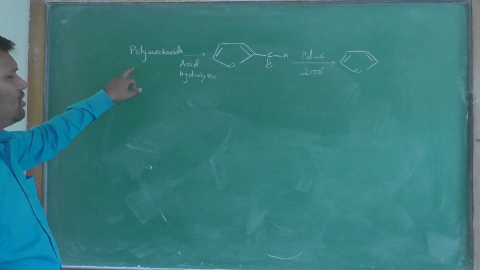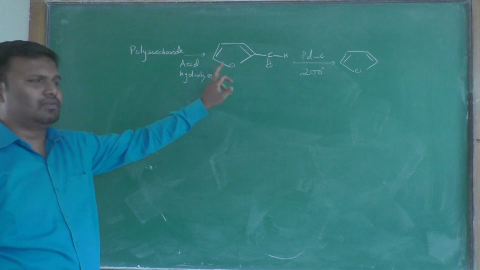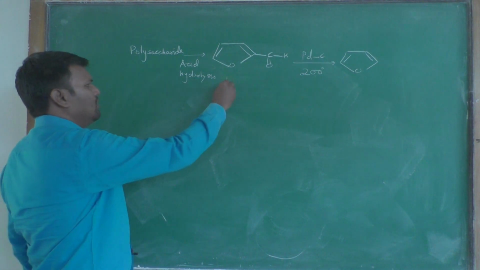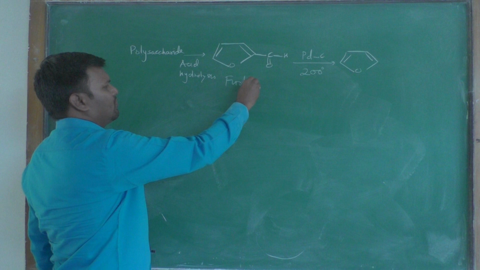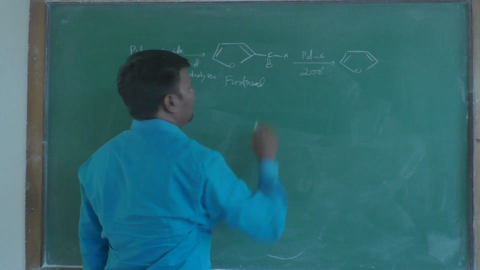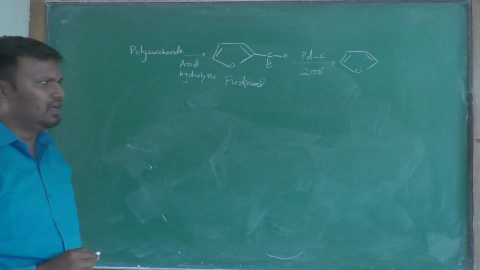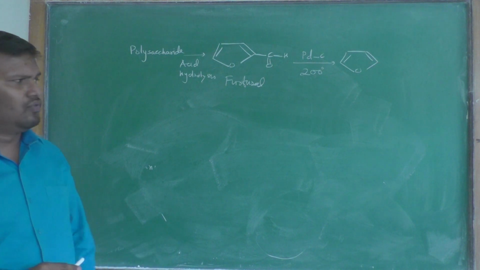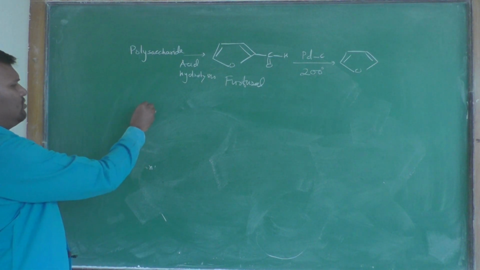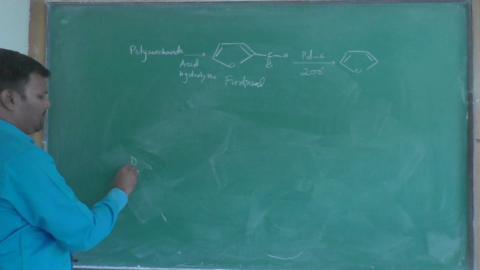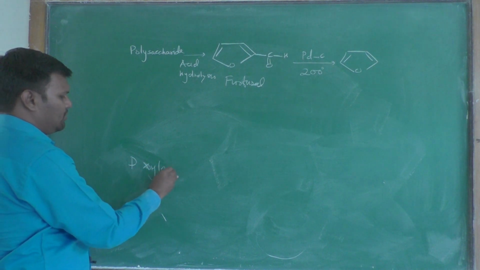By using polysaccharide acid hydrolysis, you will obtain firstly furfural. That is the furfural compound, which is heated at 200 degrees Celsius with palladium and carbon, and you will obtain the furan. Okay, we have the D-xylose compound, a polysaccharide-derived